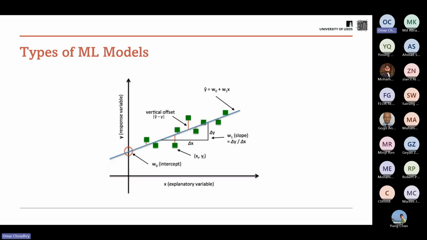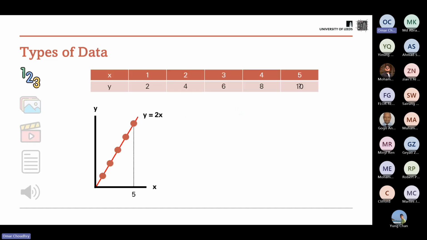So if we were to go back to when we talked about the numerical data, we looked at this concept of, as you have another value of x, you could predict the other value of y, what it should be. And if you were to take y is equal to 2x, we could predict very accurately what the value for y should be. If x was 6, we know that y should be 12. But say that our model wasn't so perfect. Say that in our model, we didn't have 6 as y and it was 7. Well, maybe then, instead of saying y is equal to 2x, maybe our model will say that, well, it's going to be y is equal to 2x minus, say, 0.5. Or sorry, plus